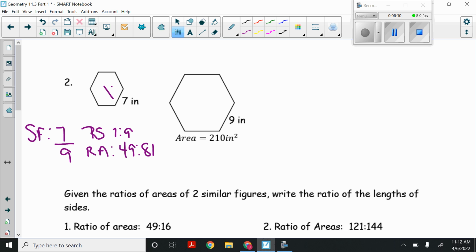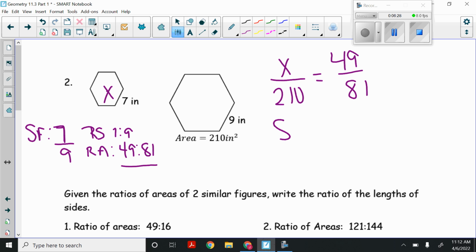I want to find the area of this one. So I have the small number first in my scale factor, so the small area, x, over the big one's area, 210, is equal to the ratio of my area, 49, over 81. So now I want to cross multiply because I have a proportion, so I get 81x equals 49 times 210 is